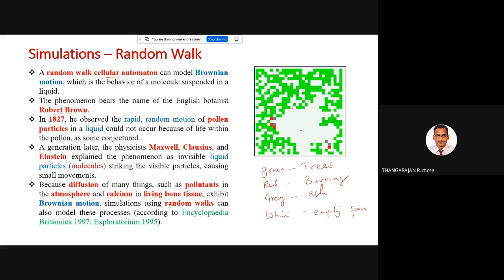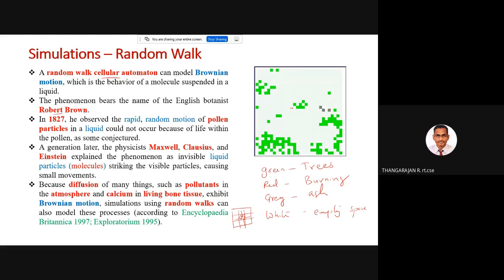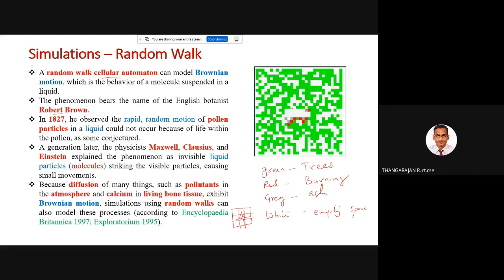Throughout the forest. That means if you have a cell like this, if this cell is on fire, how will it spread to this side or this side or this side or this side? So fire can spread in all directions. So what is the probability that the fire will spread up, down, east, west? So you have to tell the probability. Based on that probability, the fire which is now burning here will go to the next, burn that. From that, again you have to take the neighbor and find what is the probability that it will burn. So like that I can simulate. You see that's how it is getting simulated here.